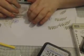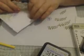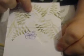I'm going to do similar here. It's just ever so slightly at the side. And I'll show you what I mean close up. So the one at the top there, you've got to remember,